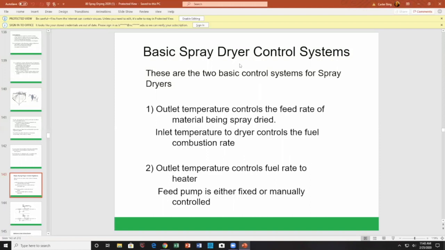So there are two basic control systems, two different types. One way is to use the outlet temperature to control the feed rate. Or potentially, the outlet temperature controls fuel rate to the heater. The feed pump is either fixed or manually controlled. So if we look at those two control systems,